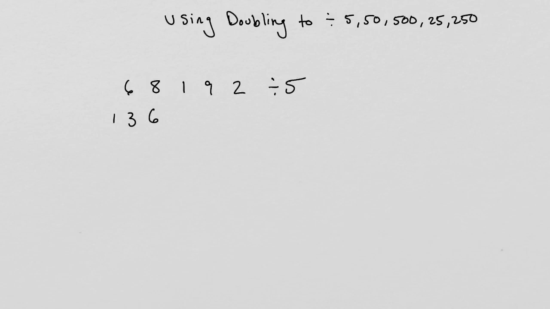1 times 2 is 2. We look to the right. And lo and behold, we need to carry. So instead of writing a 2, we write the next number up, which is 3. 9 times 2 is 18. But we look at the next digit over. We realize we don't need to carry. So we could go ahead and write down the 8 from the 18. Remember, we only write the last digit down, just like in the traditional method of doing math. And then finally, 2 times 2 is 4. Now divide by 10 simply means you move that decimal over. So our final answer is